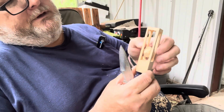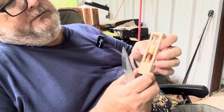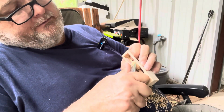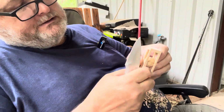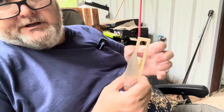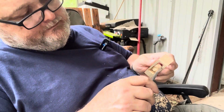Okay, once you get it to where it'll kind of rotate in there or float, then you can twist the ball around and just keep getting it rounder and rounder and rounder. Just need to make sure that you only take little chips out of it, so it doesn't come through your cage. Then once you get the ball as round as you want it and looks pretty decent, then you start cleaning up these